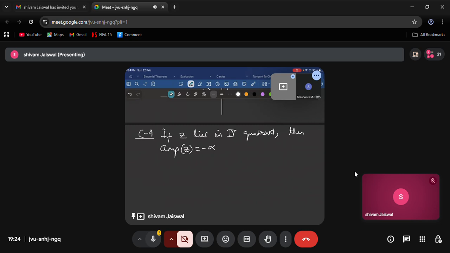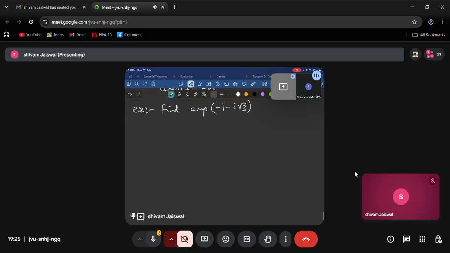For example, find the amplitude of minus 1 minus iota root 3. Okay, everyone? So what you do is, you plot it on the argand plane. This is minus 1 minus iota into root 3. Pay attention. What is this angle? This angle is equal to pi by 3. So your answer is